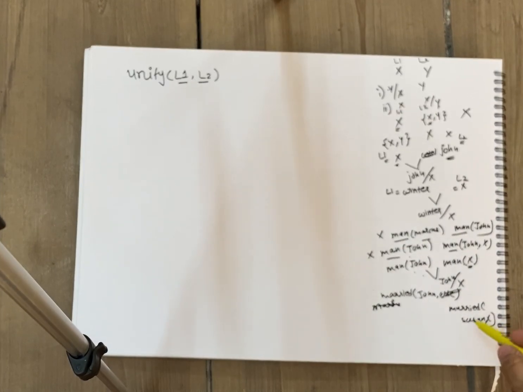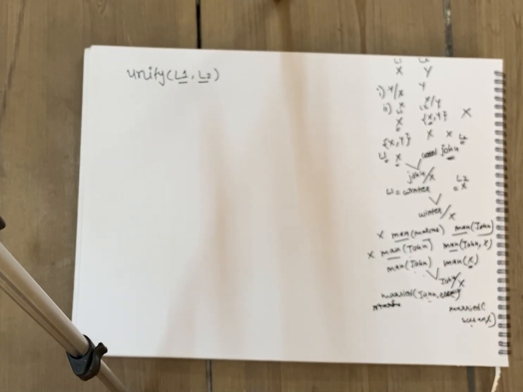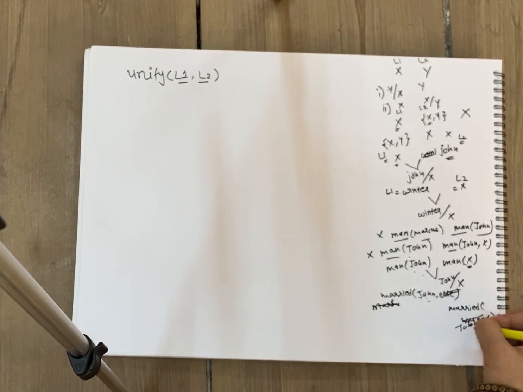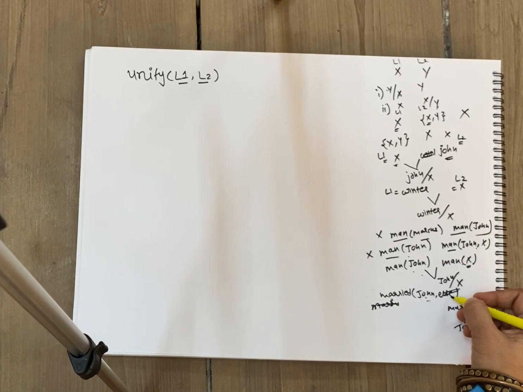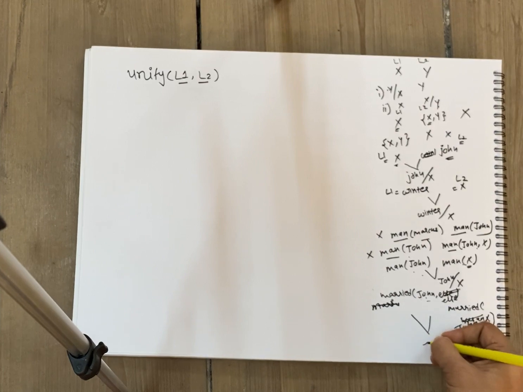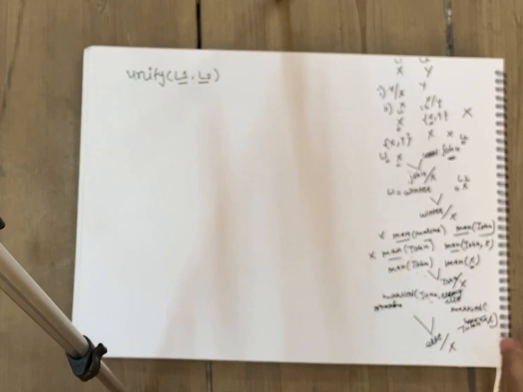But the problem is the first argument over here is John and over here is Susan. So both are not unifiable. The first argument is not matching. Suppose you had John here only. Then the first argument is the same. The second argument over here is L and over here is X. So this is unifiable when the value of X is replaced by L. Are you getting this?